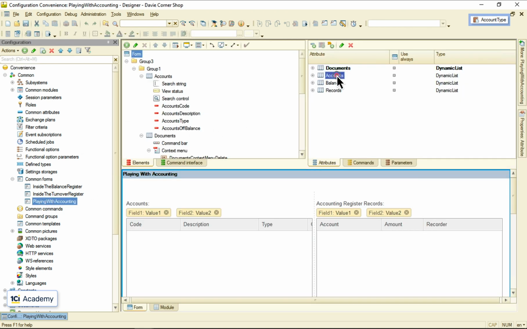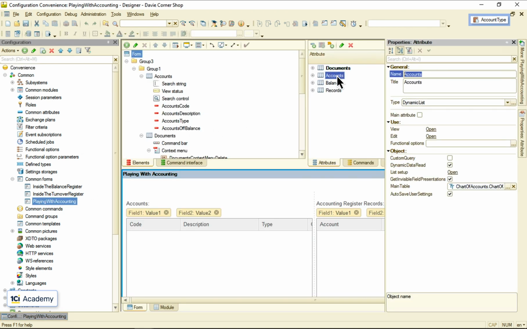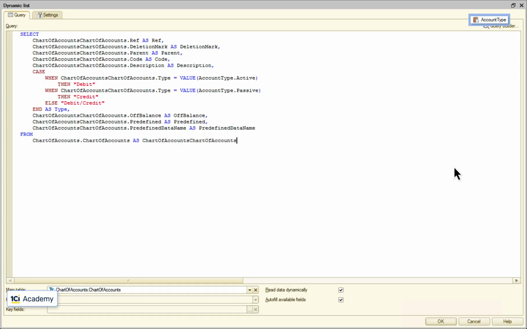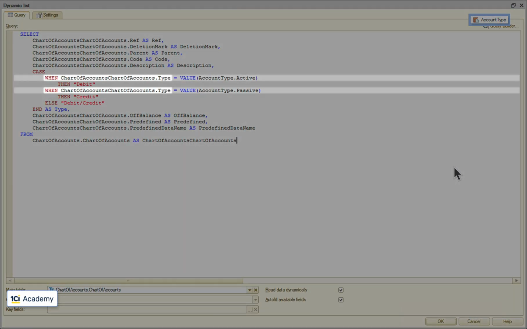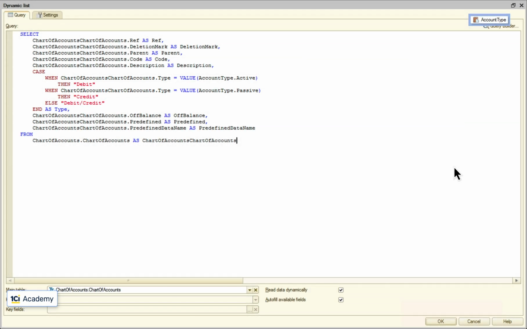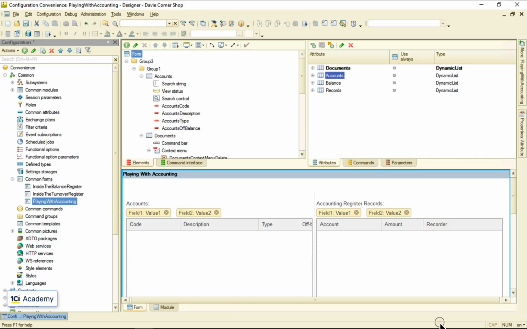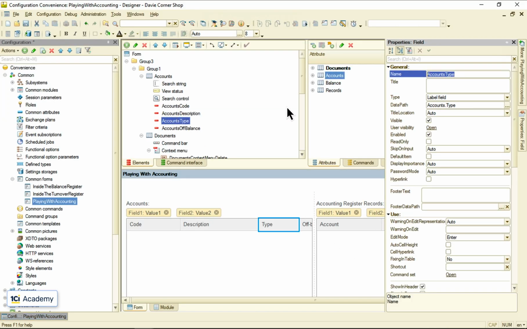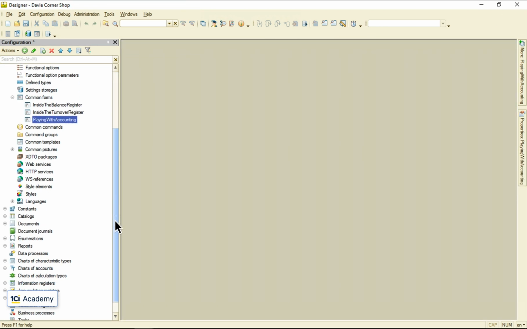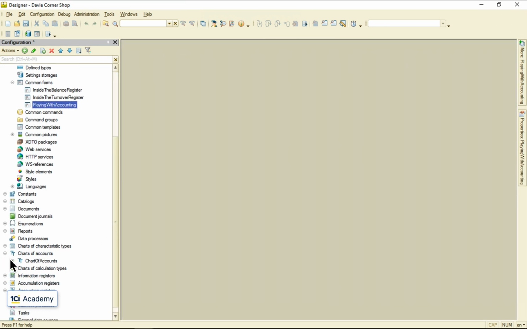This is the dynamic list of accounts. So I'm replacing the standard query with a slightly different version that compares account type to these enumeration values and maps them to whatever I want to call them. And let's also change the title of this field, like this. I would also need to fix this account form we use to edit accounts.